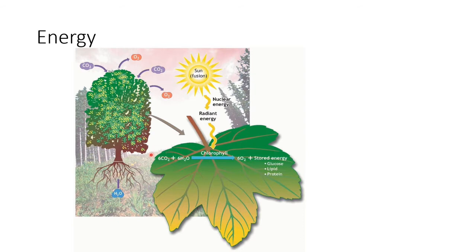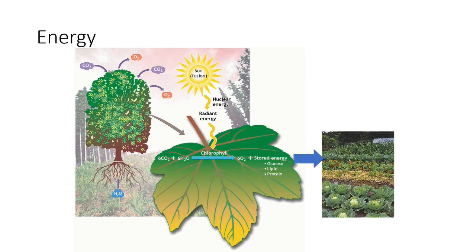So the plants take in carbon dioxide, they take up water through the roots, and using a molecule called chlorophyll and the energy input from the sun, we have expired CO2, which comes out of the leaves, and it also builds glucose molecules, so the glucose in fruit, in the leaves, and so on, and also fats and proteins within the plant structure that are consumed by us and other animals.